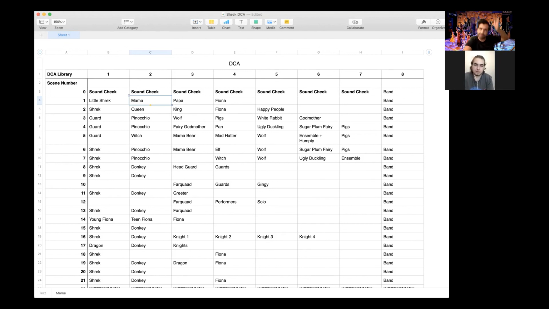Okay. Yeah. And you're doing this all on your script. You're reading through your script, and you say first line is first line. You fill it in. Shrek. Who's got the next line? Mama. Who's got the next line? Papa. Who's got the next line? Fiona. And then a bunch of description and scene movement, scene change are going to happen, or music plays, or